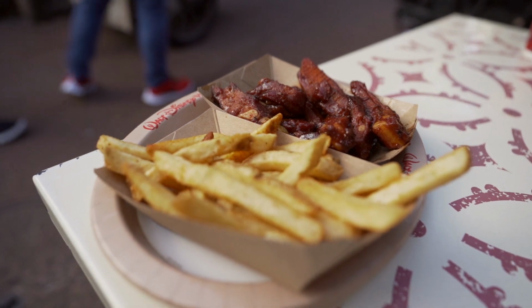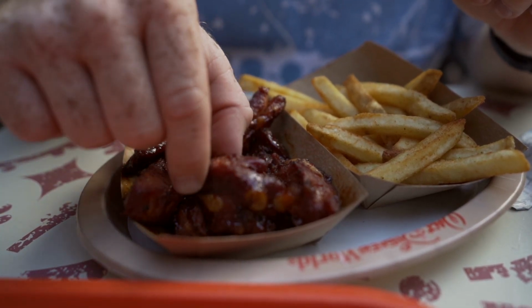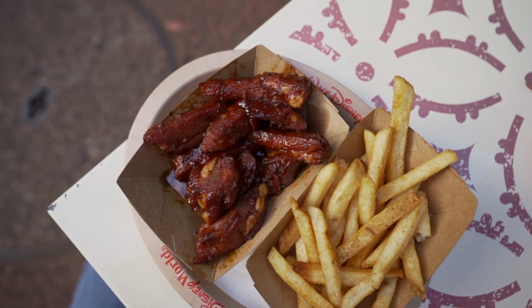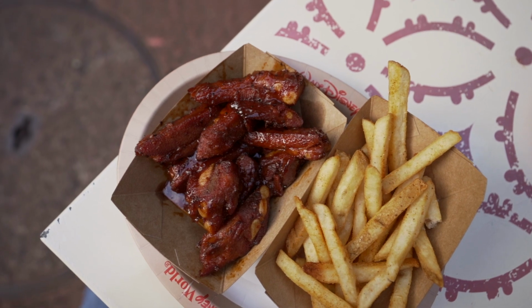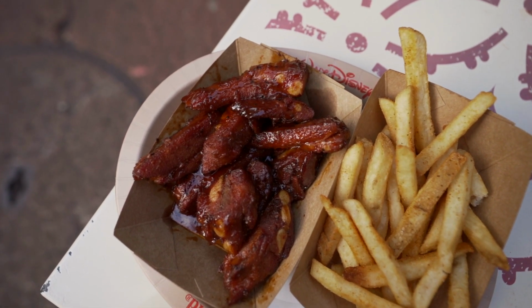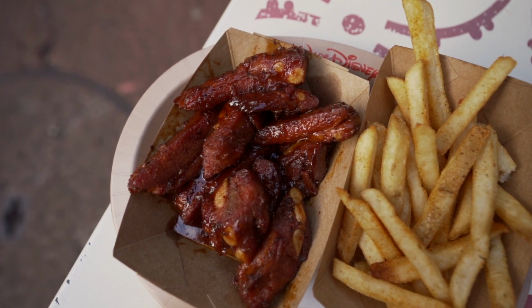So the Korean pork ribs were very tender, very nice. They were juicy. They had a nice tangy kind of barbecue flavor in there, but for me personally, and this is only for me, if you really like spicy stuff, you're gonna love this. I am not a huge spice fan, so this was really tough for me to eat. This was equivalent to the